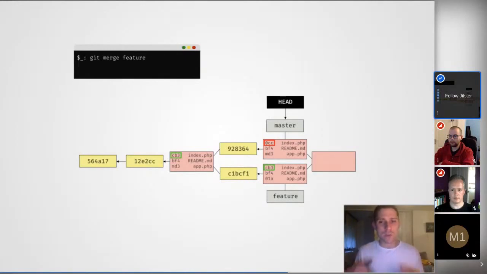So what this means is that we only changed the content of index.php on the master branch. So now Git is smart enough to say, well, if you only changed this file on the master branch, then I can take the changes from the master branch and put them into this new merge commit. Then Git goes to the next file in this list, which is readme.md, and now